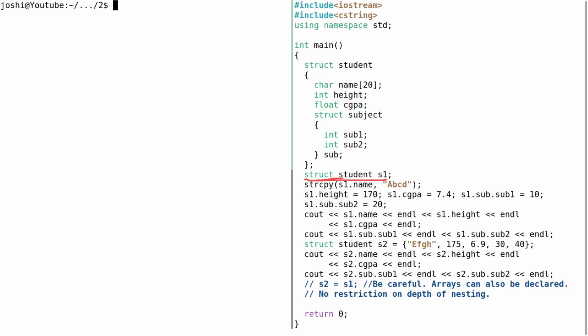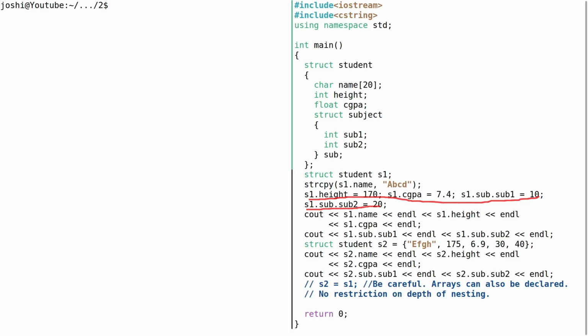and this statement is essential, as we talked about in the previous video, previous example rather. This is a C type string. And just to save space, I have used all these 3 assignment statements in the same line. So this is the way we can access: first s1, the name of the variable,